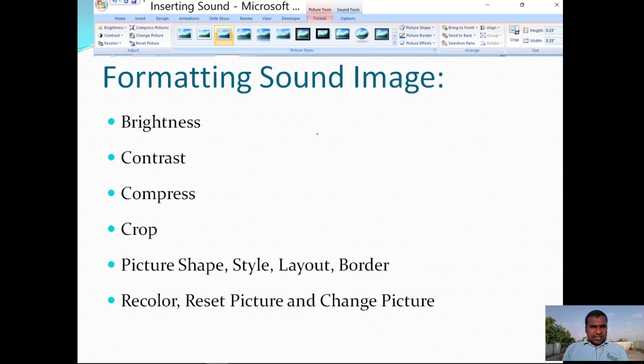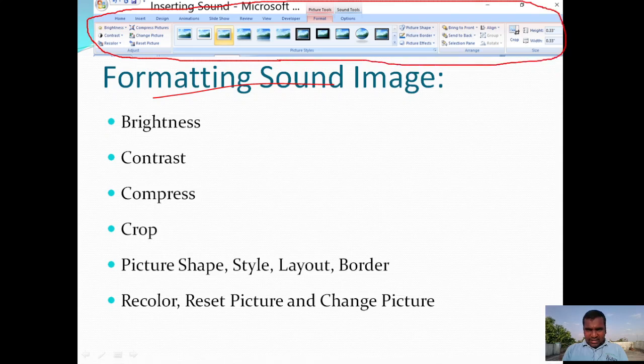Then let us discuss formatting the sound image. Here you can observe the commands that we have already seen while discussing the images and clip art session in PowerPoint: brightness, contrast, recolor, reset picture, change picture, compress picture, picture style, picture shape, picture border, picture effects, and then bring to front, send to back, and the selection pane.